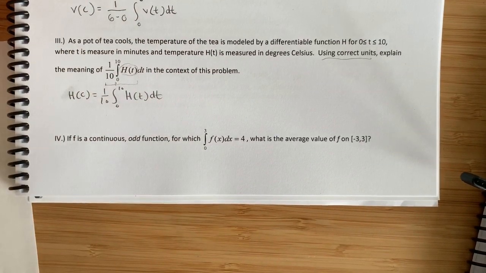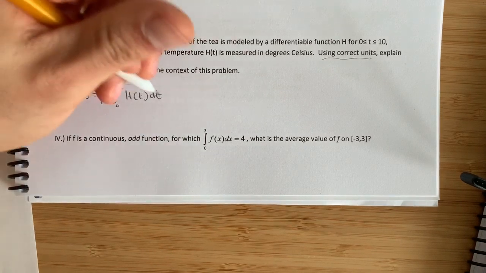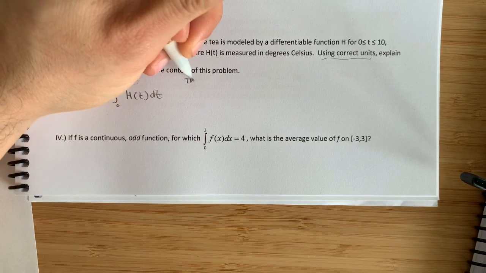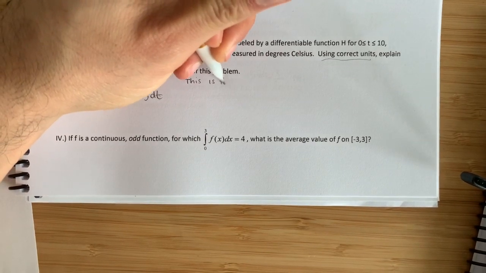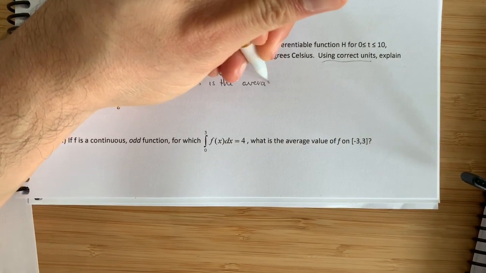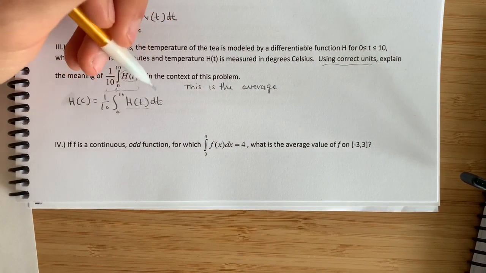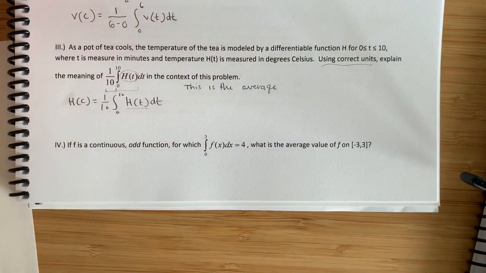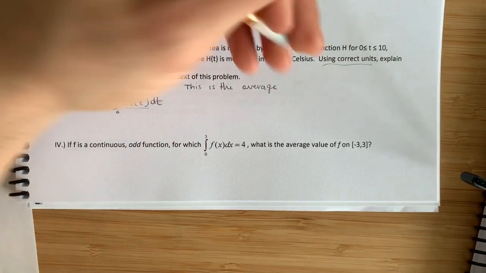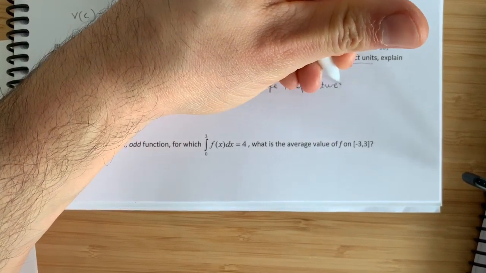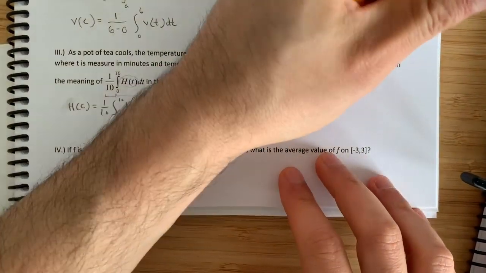All right, so now we have to write out a sentence to explain what this means. So we know it's an average value, so this is the average, but what are we measuring here? What is h measuring? So we look back and read what that's measuring. H is a measurement of temperature, so it's the average temperature of the tea,